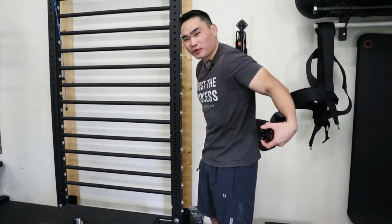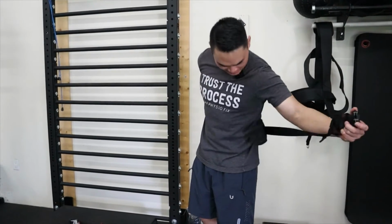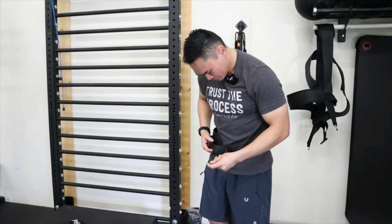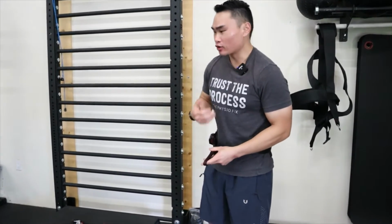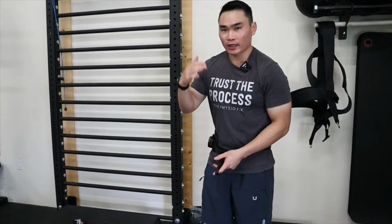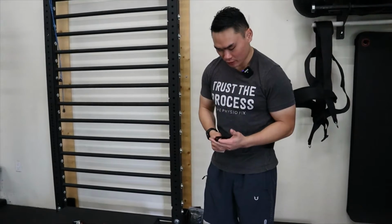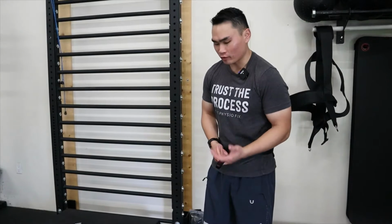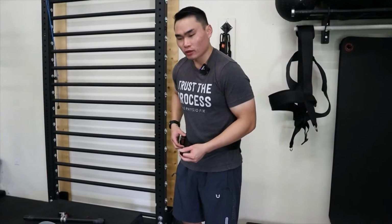So, cool little aesthetic qualities of these machines. And then there's a little loop here. If you want to avoid any kind of trunk loading, you can use this. And this would be a good way to load up someone's legs with athletic low back pain,